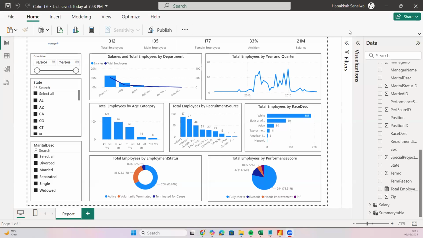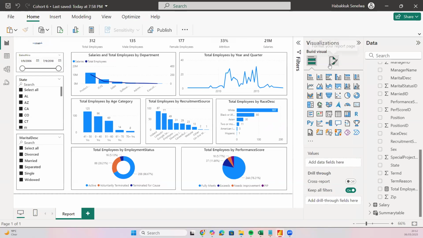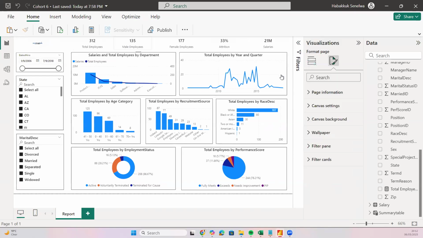We'll proceed. So for you to be able to publish your report, you need to ensure you've logged in to your Power BI using your Power BI service credentials. Okay, one thing before we go, you can also change this. Just ensure you've not selected anything